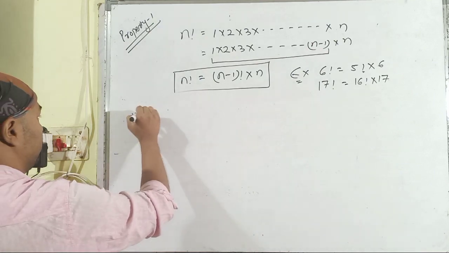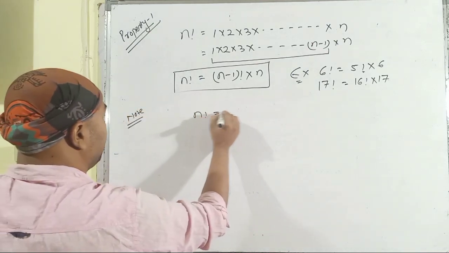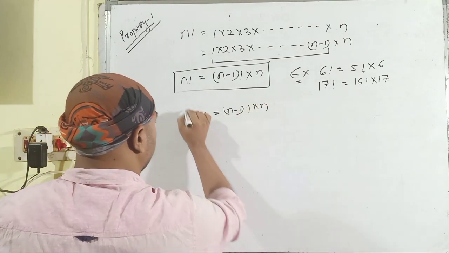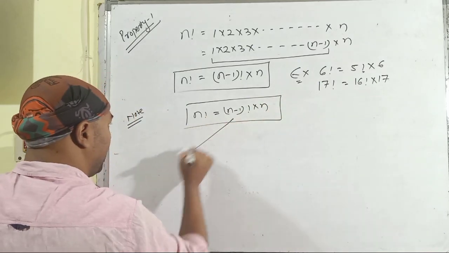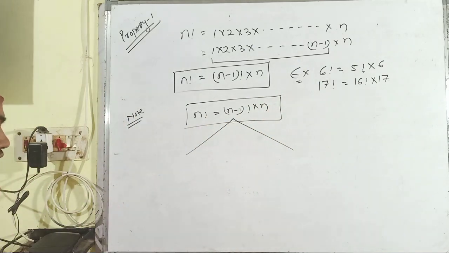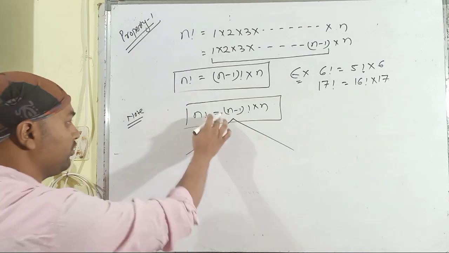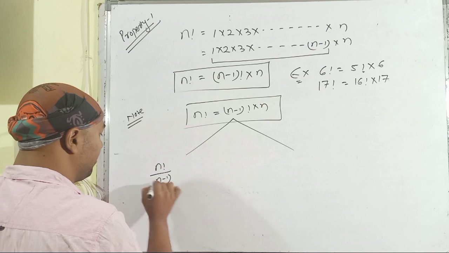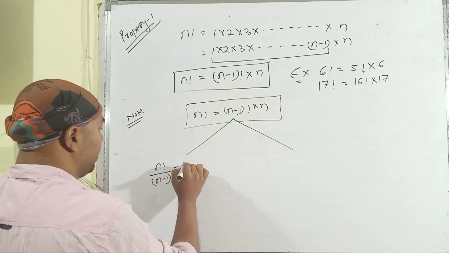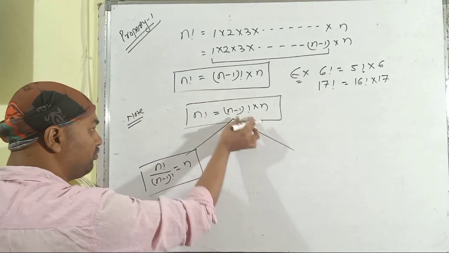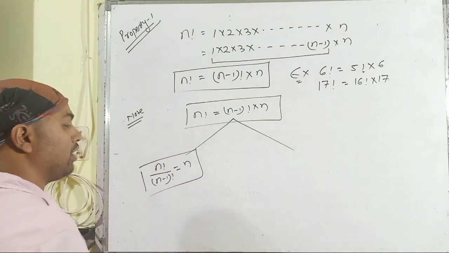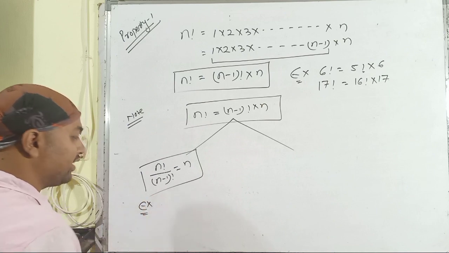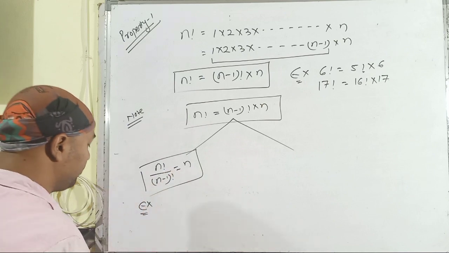Again, its note. N factorial is equal to the multiplication of the factorial of n minus 1 with n. We can have two separate cases from this given formula. N factorial divided by n minus 1 factorial, and it will be n. Just shifting this factorial of n minus 1 towards the left hand side and dividing that. So some of the examples can be based upon this formula.